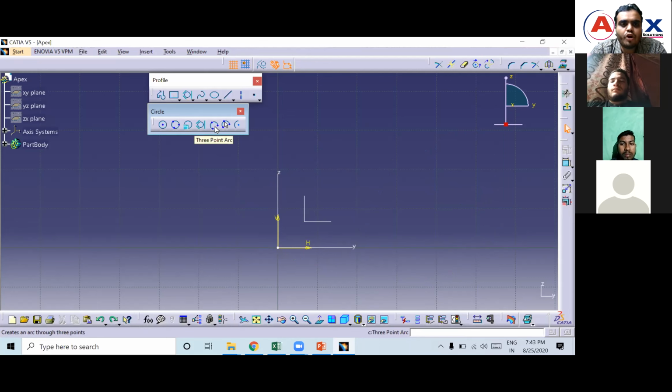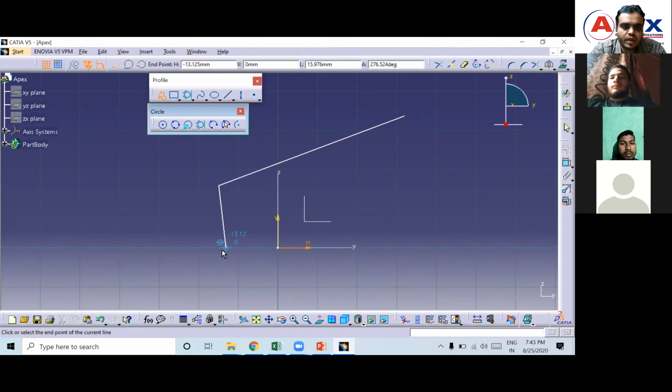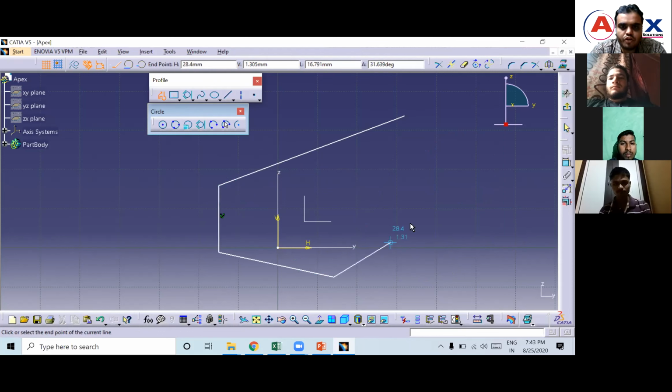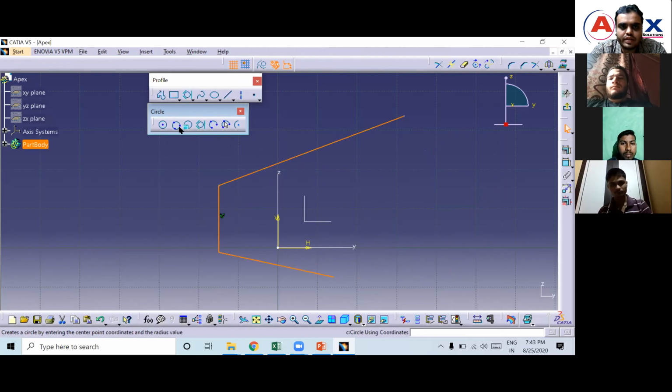Next we have 3-point arc. See, 3-point arc or 3-point arc with limits. So these are very important. Suppose if you want to create an arc here, you can't create it by using circles. So go to 3-point arc. Both are the same, but the way you use them is different.